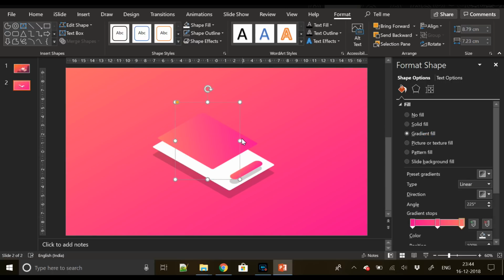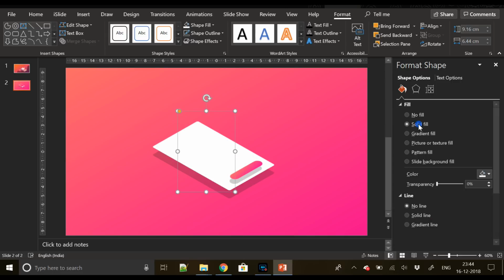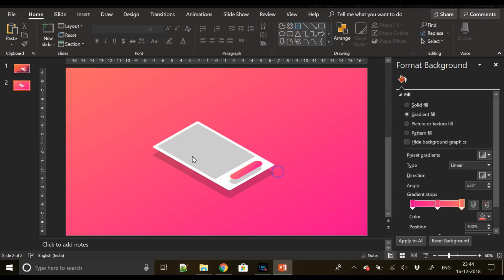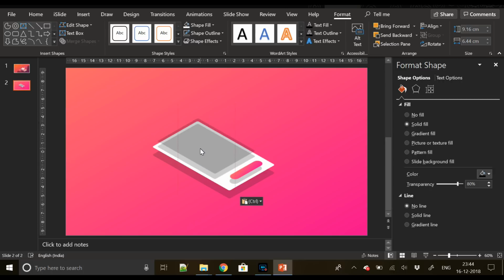So again I've duplicated this white rectangle and reduced its height and applied the gradient color, and let's place it at the center of this white rounded rectangle, and we will follow the same approach and we will apply the shadow effect here as well. And I'm taking some time for positioning so that it looks perfect, and I think it looks perfect here. Let's apply this black color and increase transparency so that it looks like a shadow, and duplicate it, place it on the top